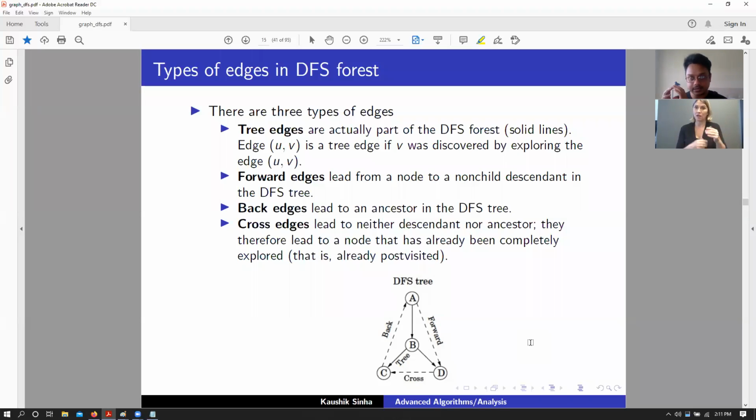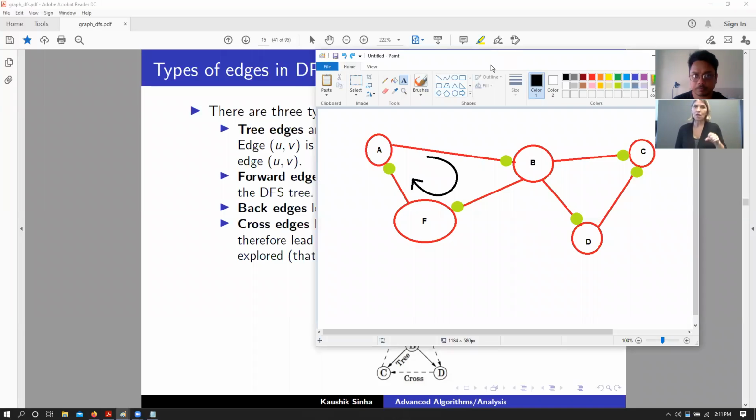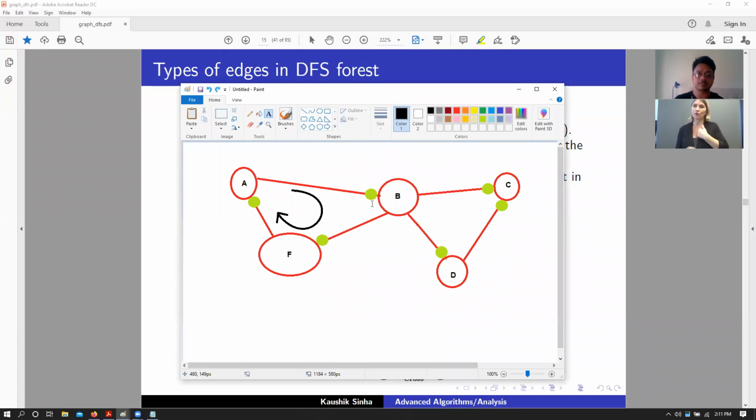Whenever there is a cycle somewhere, I have a, okay, pardon me for my poor drawing skills, but the green blobs basically mean arrows. Here we have a cycle from A to B, B to F, F to A. And then we have B to C, an edge, and B to D, an edge, and D to C, another edge. This particular subcomponent does not have a cycle, but A, B, and F do have a cycle.